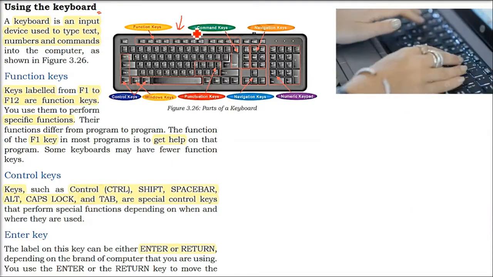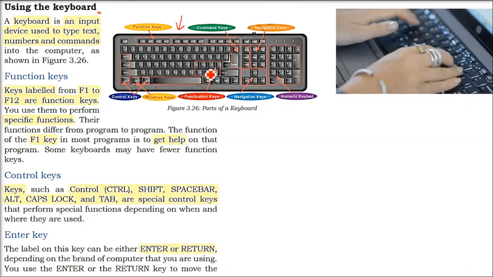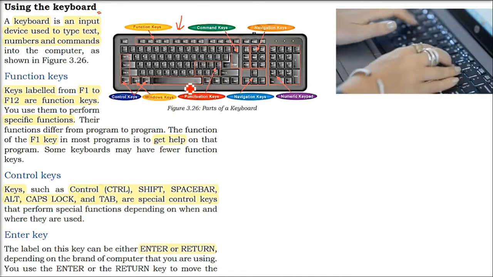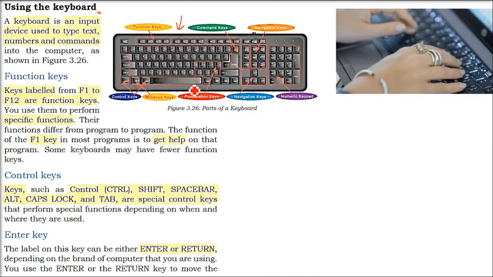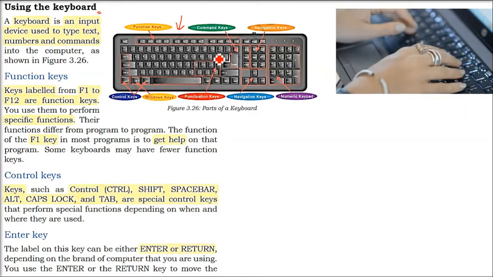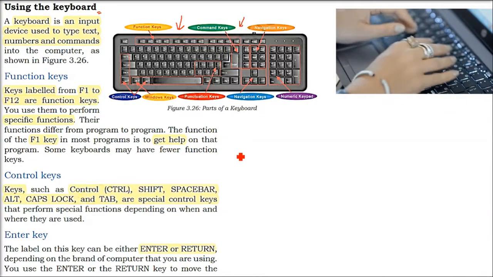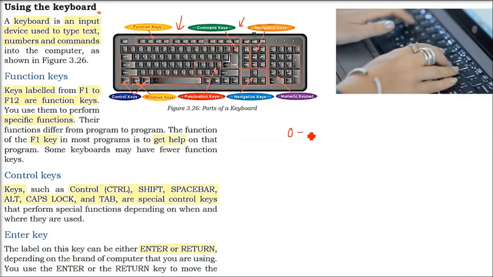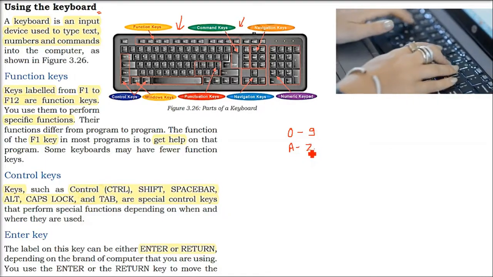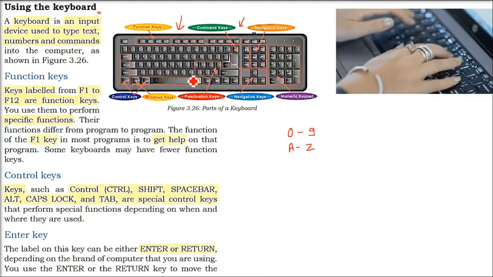You need a keyboard. You need an input device. Because you may be entering, say, text from A to Z, numbers 0 to 9, symbols, special characters or commands. So all these have to be given to your computer or computing device so that it can process and give you the result. So a keyboard in any of these devices will take these numerals or alphabets, special characters or even the commands. This is through keyboard.